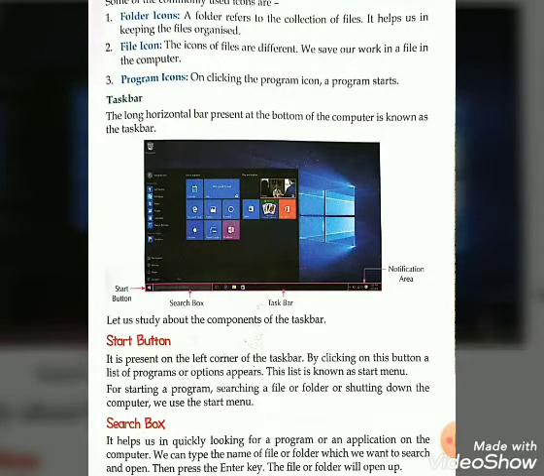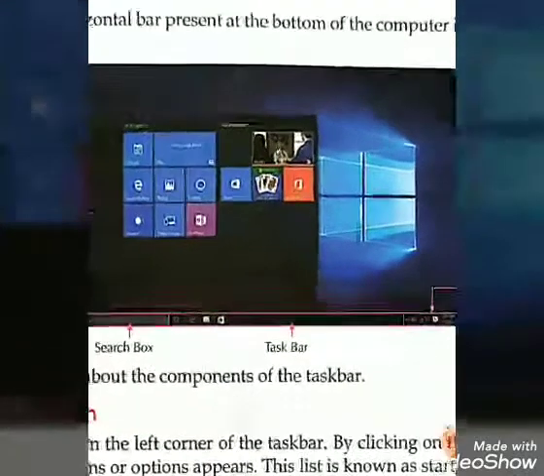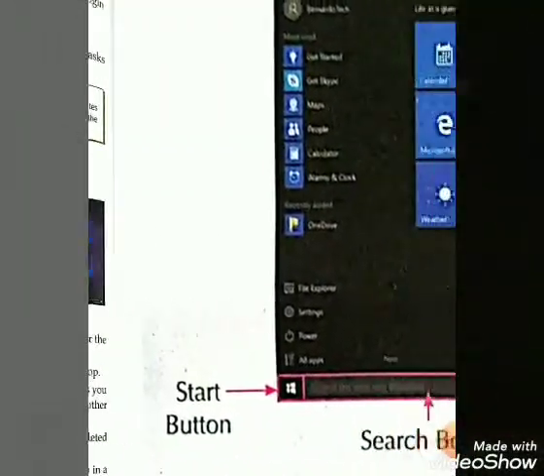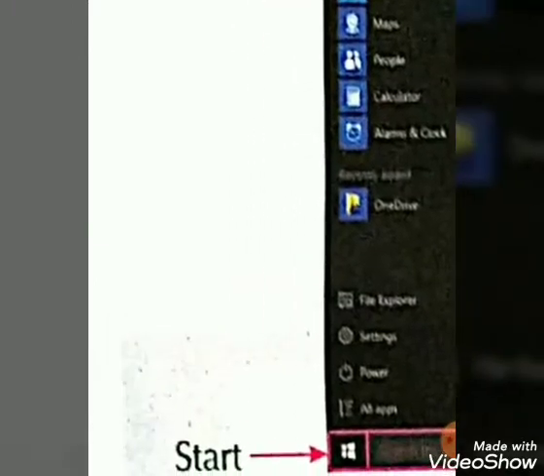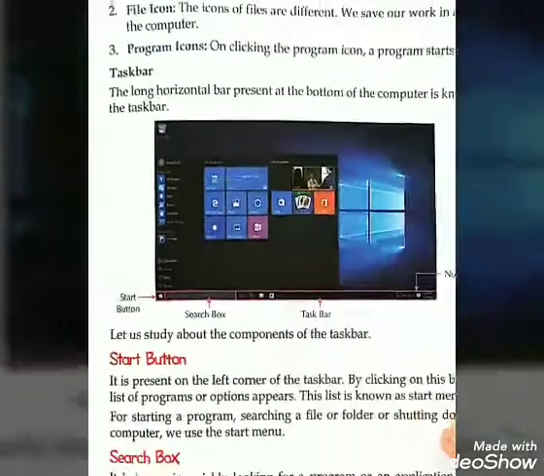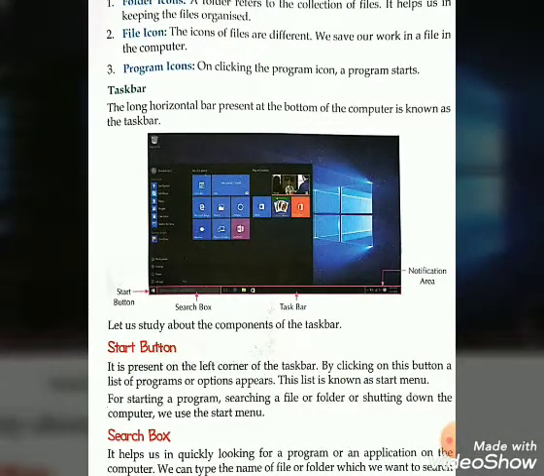So here first is the start button. You can see, my dear student, the start button is present on the left corner. Here, this is the start button. So it is present on the left corner of the computer, on the taskbar.